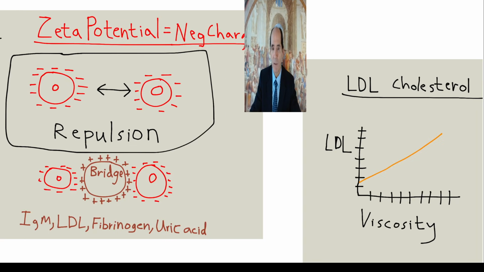Red blood cells have a negative charge on their outer surface called a zeta potential, so they repel each other. All the white blood cells have a zeta potential, negative charge, so they repel each other. All of the arterial lining cells, the endothelium, have a negative charge, so it repels the blood cells. That's what you want. You don't want a